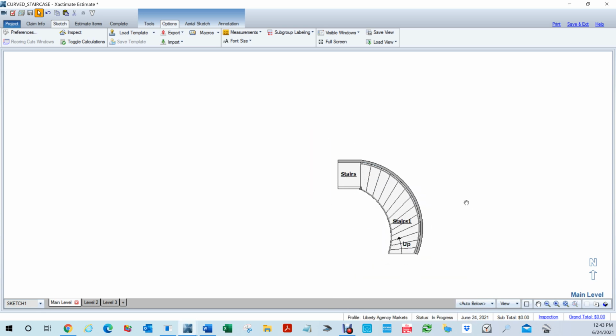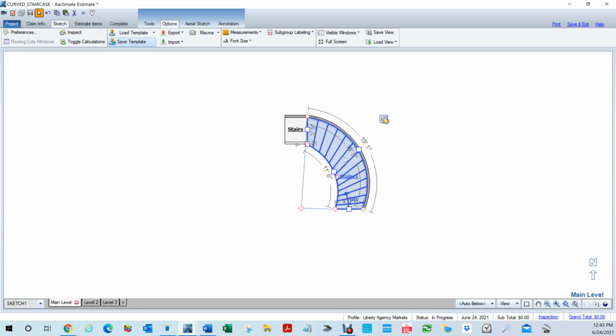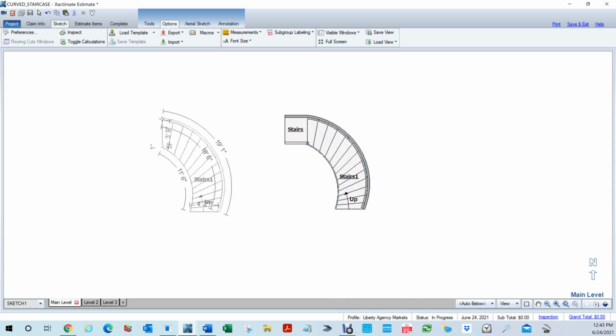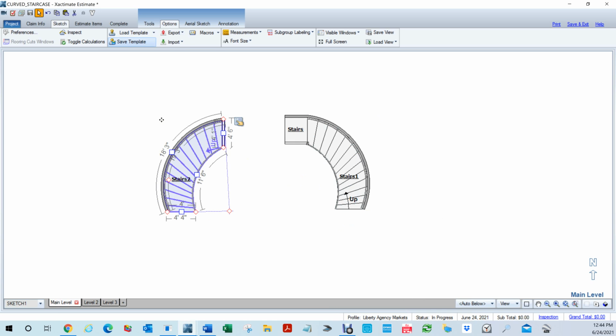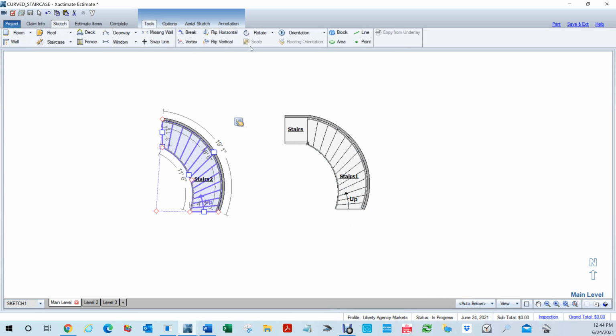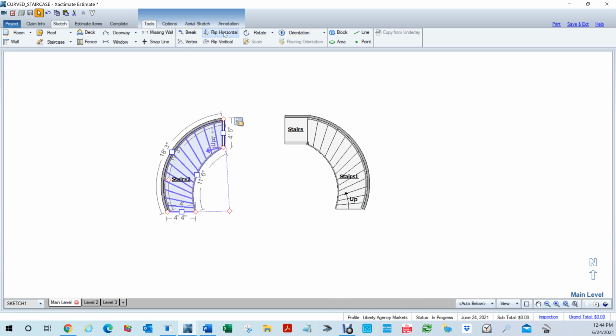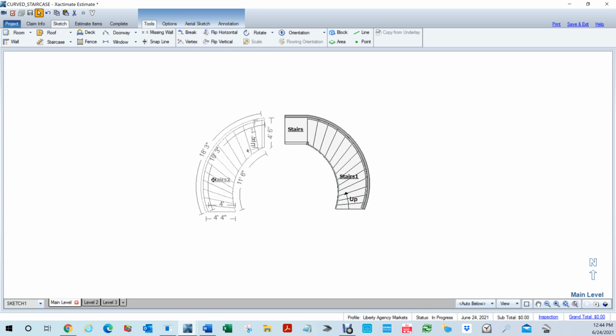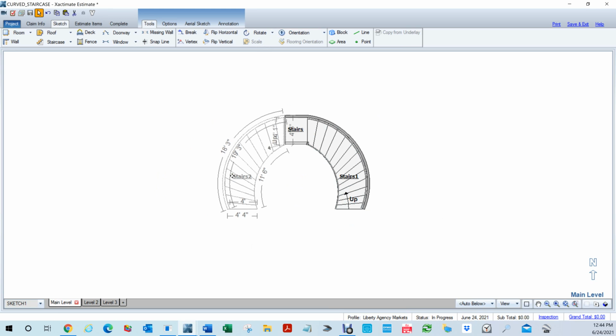Now, the last thing I have to do is grab this guy, hit Control C, Control V. Now, while I have it selected, if I hit my open bracket, it'll flip it. Okay, if you can't memorize those commands, all you have to do is go to your tools and you're going to flip horizontal. And then all you have to do is click here and snap to that